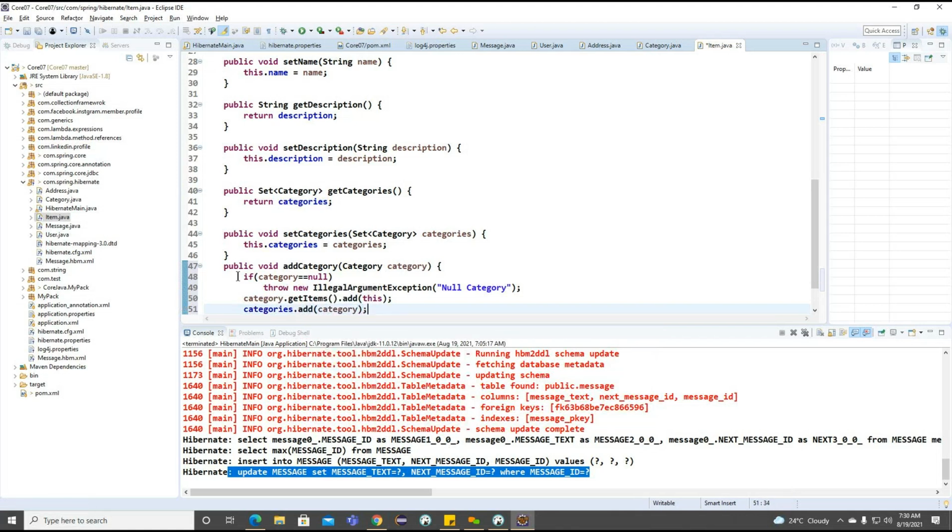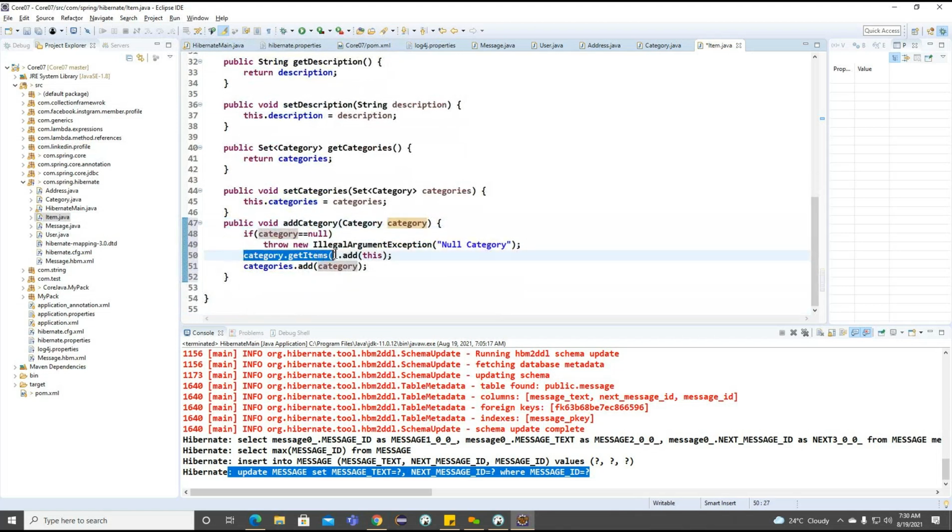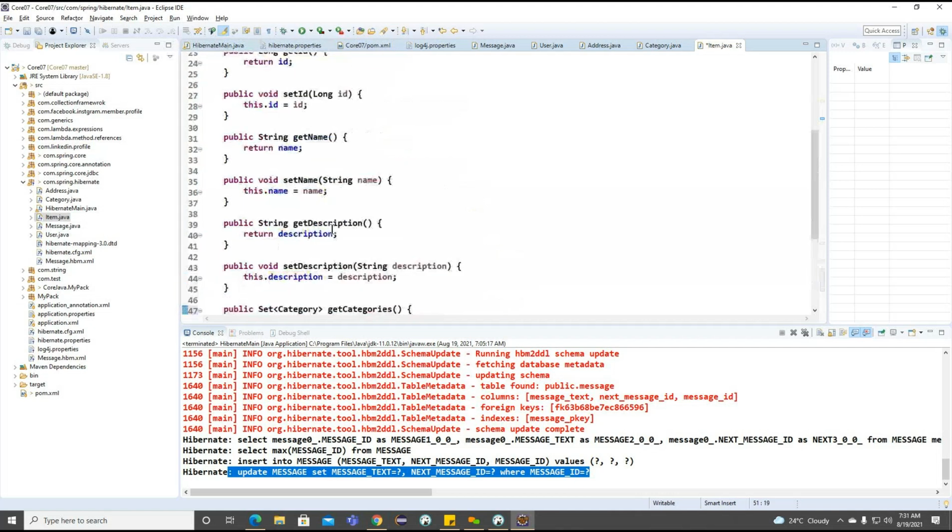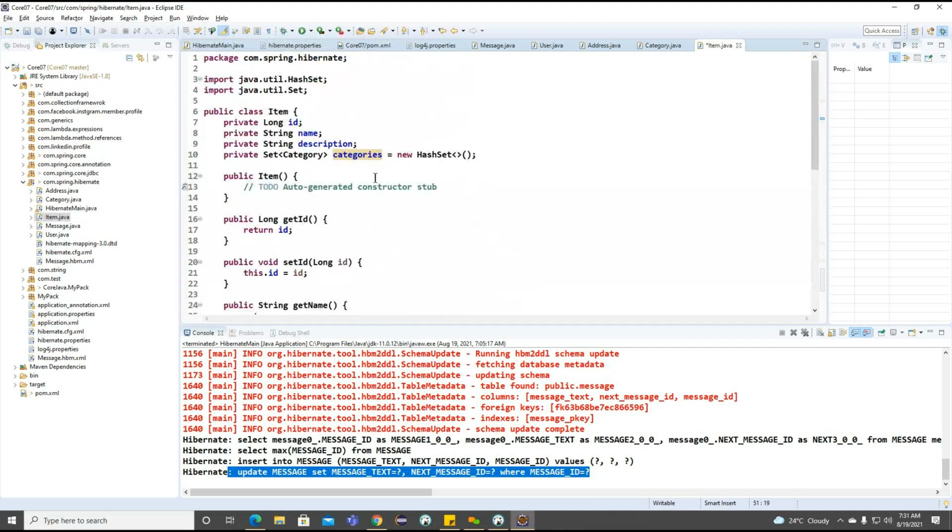Getting the point? So this is the way we can set the category. Based on this particular category, I'm trying to load item, and I'm trying to add the current object information. And whatever the object we are passing, we are trying to set into the particular category. So this particular category is what we defined on top of this particular class called item here. So this is the way we can define the specific method to insert the category object from the particular item class here. So this is all about the item class we defined as well as category class we defined here.